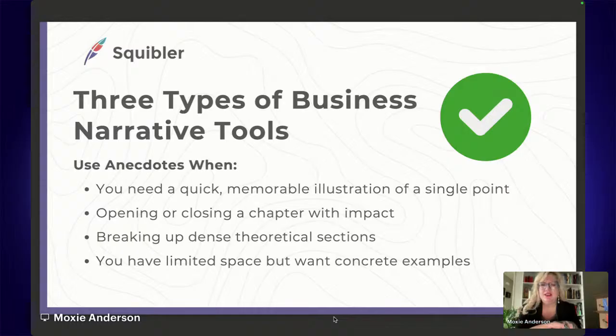You'll want to use anecdotes when you want a quick, memorable illustration of a single point. You might use one to open or close a chapter with impact. Often these are a good way to start a discussion in your chapters. You can also use them to break up dense theoretical sections where maybe you're explaining too many figures and numbers or theoretical points. You also might use these where you have limited space, but you want concrete examples for your